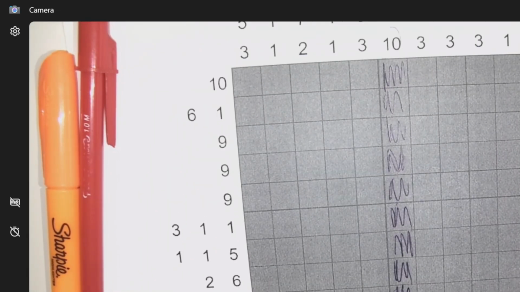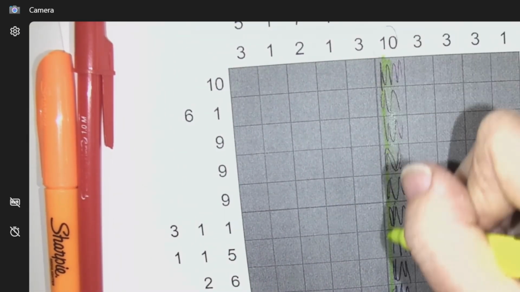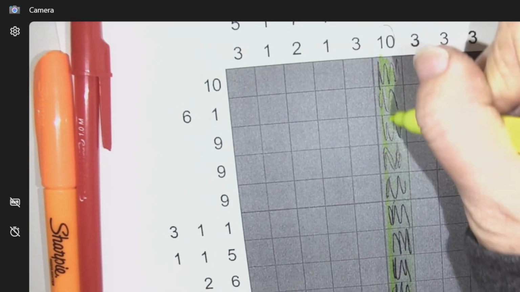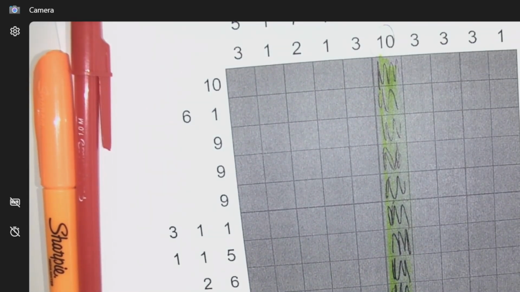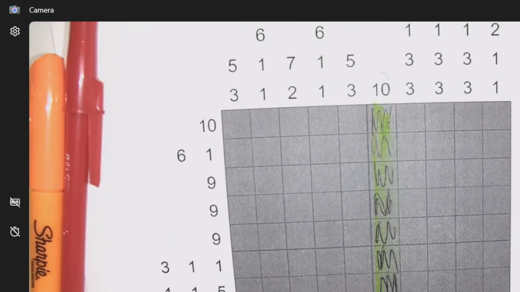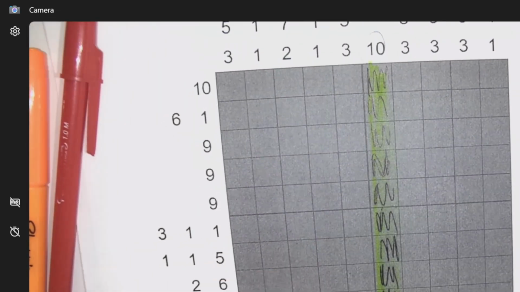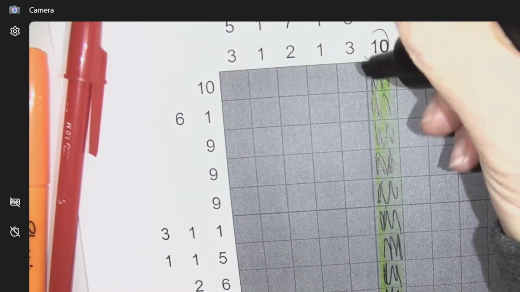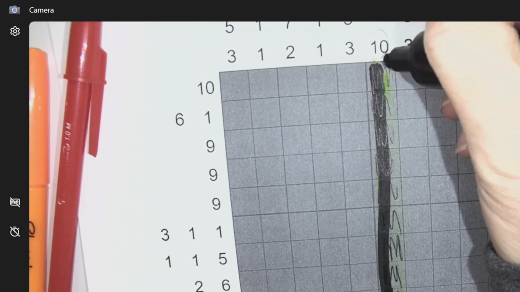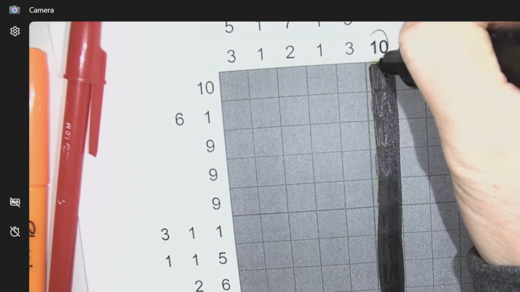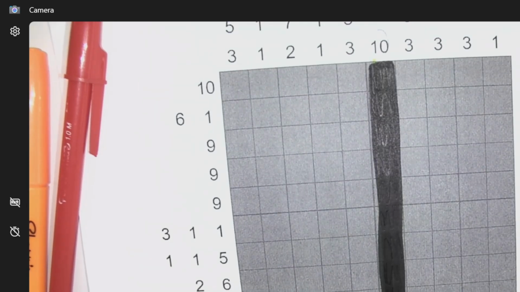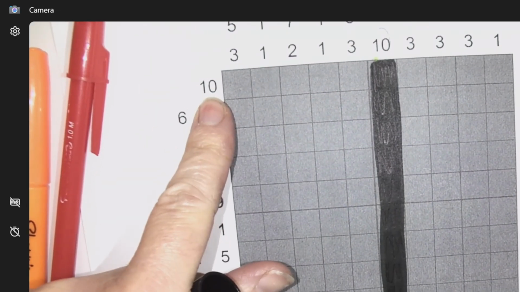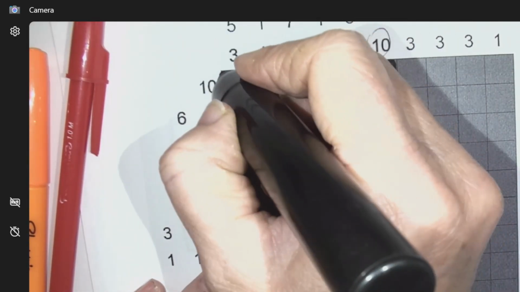I wish that this wasn't like that, how it is shaded. Can't color. I'm going to use a dark marker so I can see it better. There. I'm also going to do this 10 because if I have to have 10 shaded,